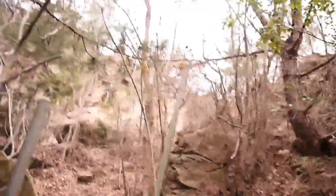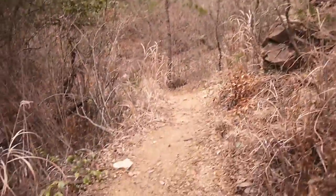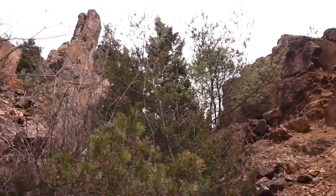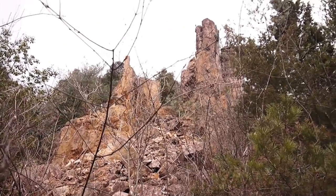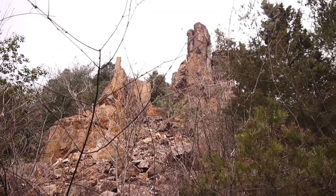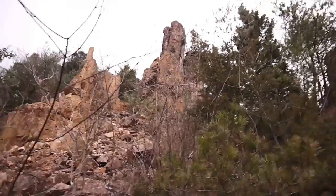Welcome to the Rokko Mountains in Kobe. Oh man, there's a little trail here. So we've hit something, and you're starting to see these cliff formations. Once I can identify exactly where I am on the map, yeah, it's these guys that are on the map. I don't know what that is. Sand. I don't know anything about rocks. Pretty cool looking though, but I'm going to try to find it around the edge, that corner of these. It's this big formation, and if I can find that corner, I can see it on my...